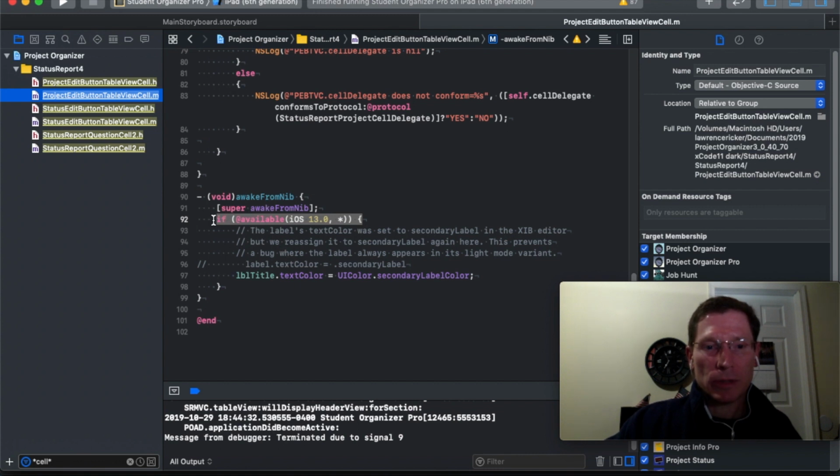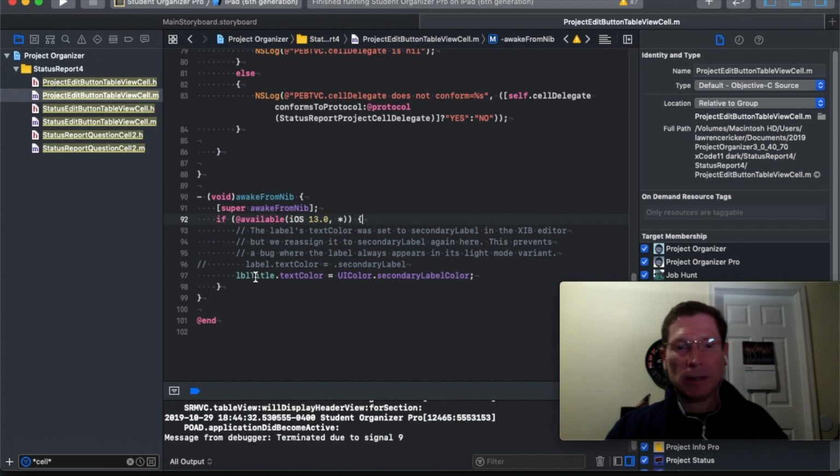What you have to do is add this check to see if you're in iOS 13, and this is in Objective-C, and then you add this one line to set your label, whatever your label is on your particular cell. You set the text color equal to UIColor.secondaryLabelColor, and that'll fix the defect that's inside of iOS 13, and then allow your app to run with white on black. So now I'll demonstrate it running,